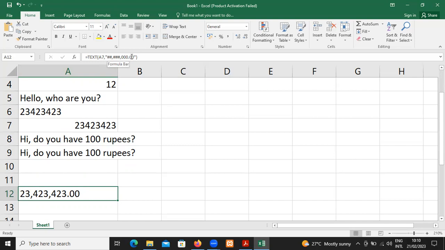0 represents compulsory digits, dot 2 digits. Even though there was nothing at the end of this number after dot, it has provided me with 2 digits. Okay, the TEXT function can format given number as per the format we specified. Hash, 0 and comma are the main formatting characters. Hash is an optional digit. 0 is the compulsory digit. Comma is the thousands separator for number. Okay. Then